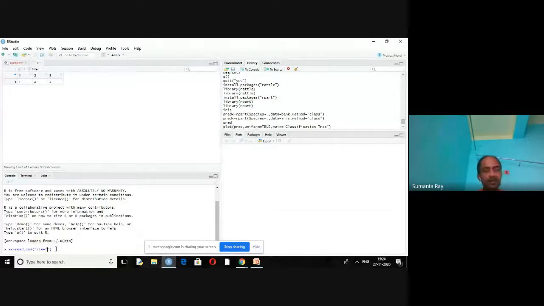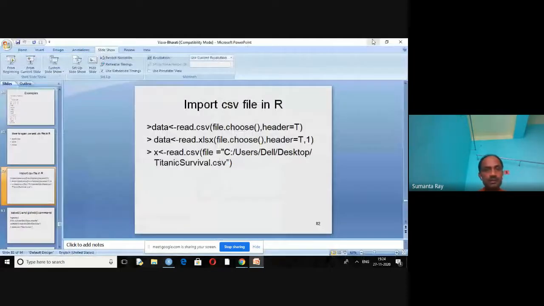I have some CSV file on my desktop. There are so many files on the desktop. Suppose we consider this file. We have to copy the path. Just right click over the file, open properties, and copy the path.